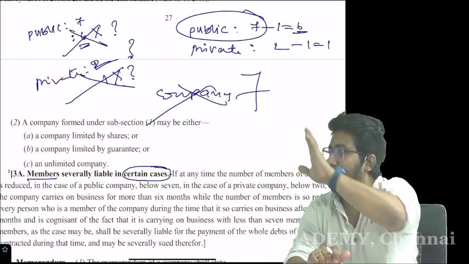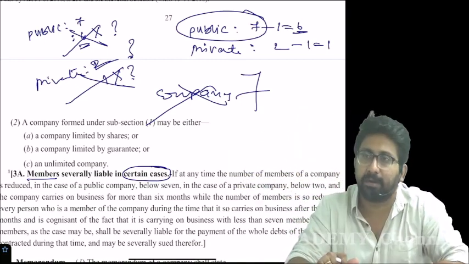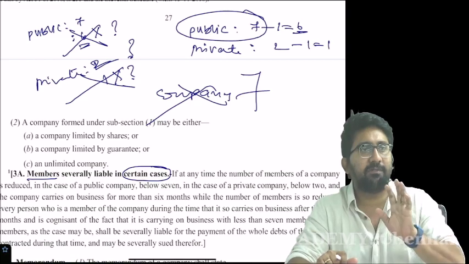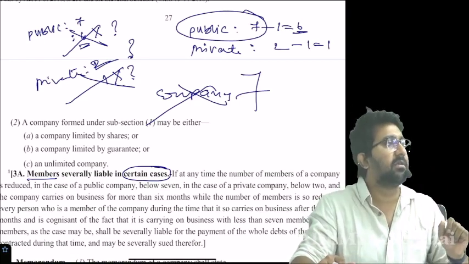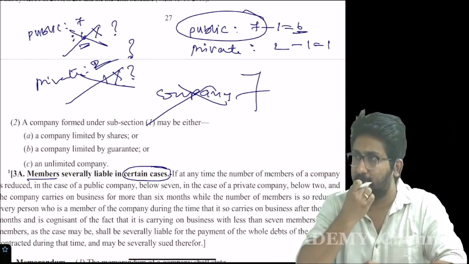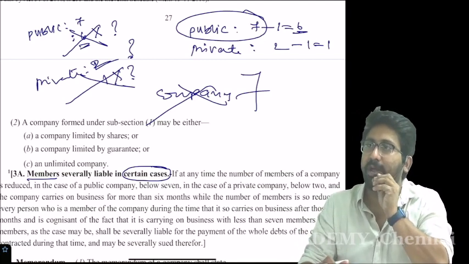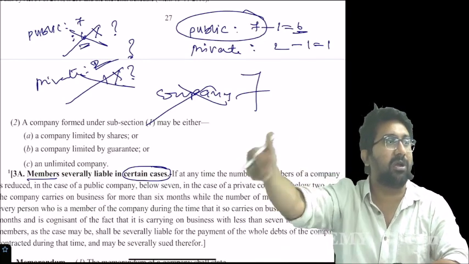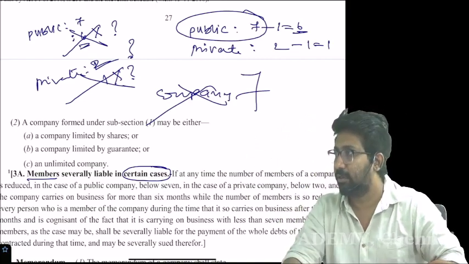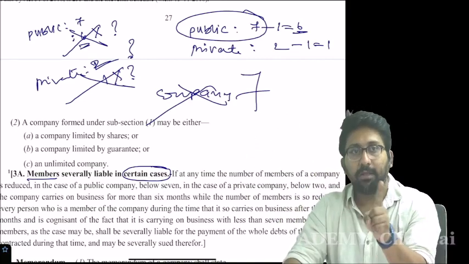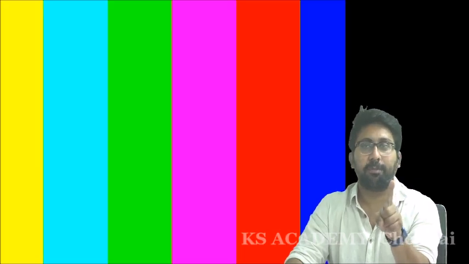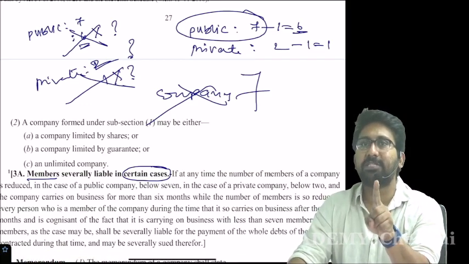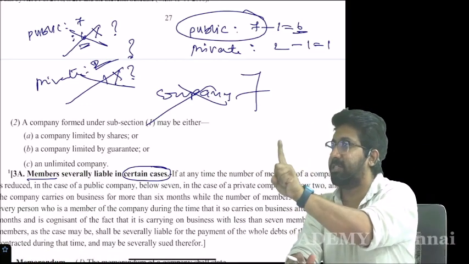Registration is done as a public company. When can you call it a public company? Minimum 7 must be there. But how many are there here? I can't call you a public company. Then can I call you a private company? You cannot call like that, because incorporation is made as a public company. How can you call it a private? No chance. Point number 1. There is a private limited company incorporated. Okay. Number has fallen below 2. It became how much? 1.